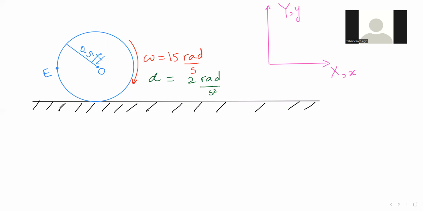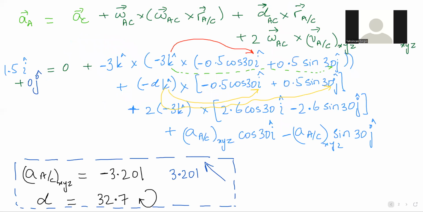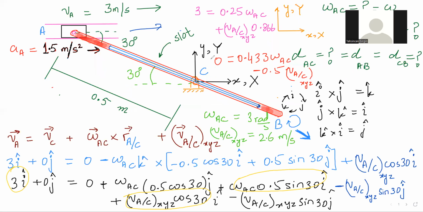First of all, is this considered as a rigid body kinematics like previous example? The answer is yes. Why rigid body kinematics? Because I gave you its radius. So its size matters to me. Is this problem a rigid body kinematics problem? Yes, because the size, the dimension, it matters to me.